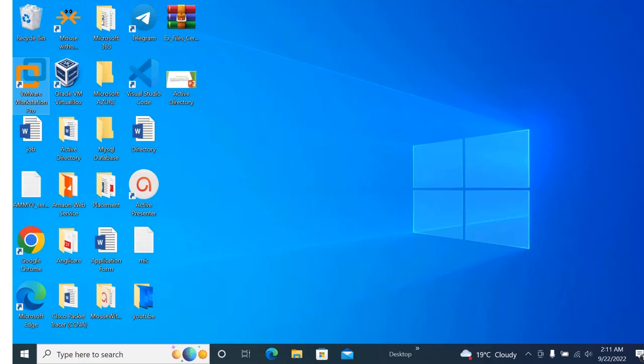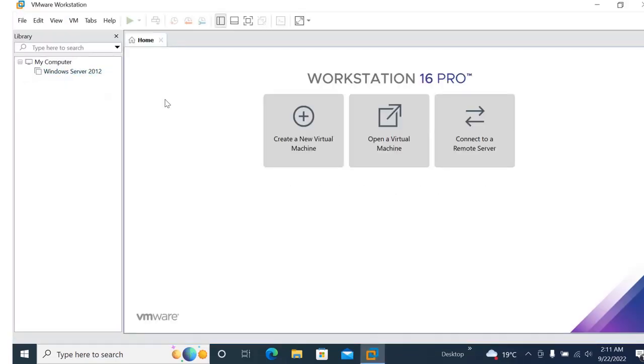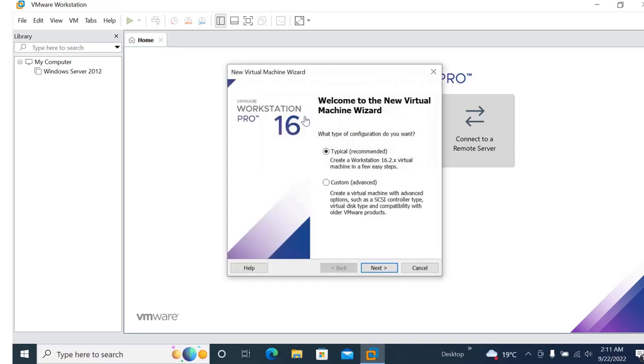Hello, in this tutorial we are going to learn how to create a new Windows 10 virtual machine with the help of VMware. First of all, you need to go to VMware Workstation and click it. Now it's open and you need to go to create new virtual machine and then click on custom, click